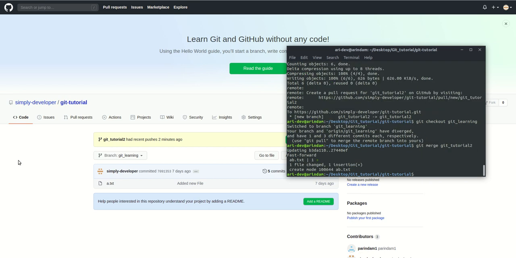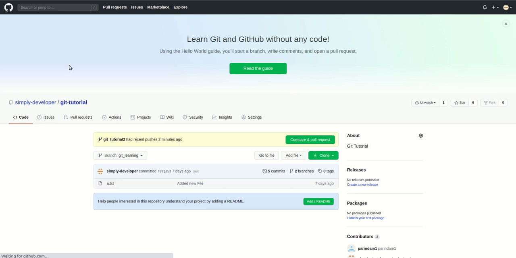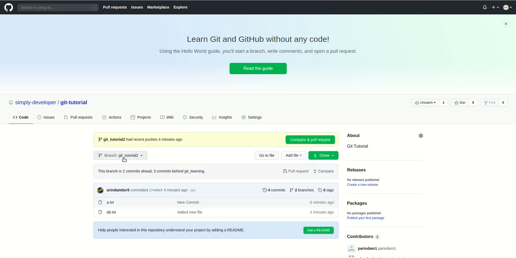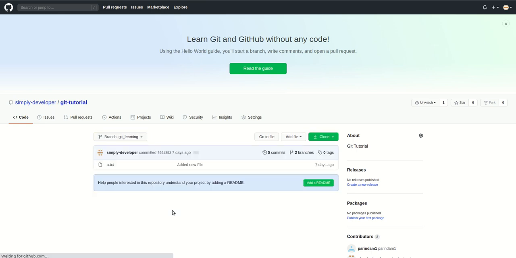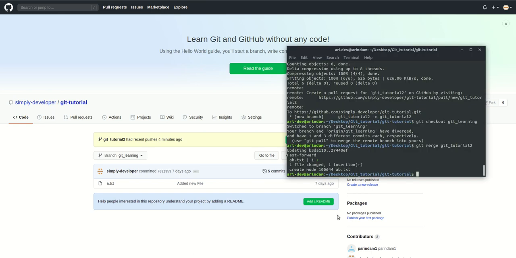Now check in that git learning, reload. Oh, something is wrong. Wait, I will check. Oh, sorry, we need to push. git push origin git learning.